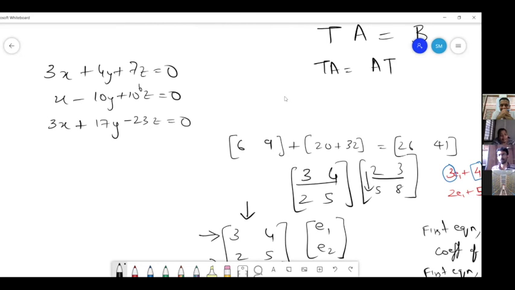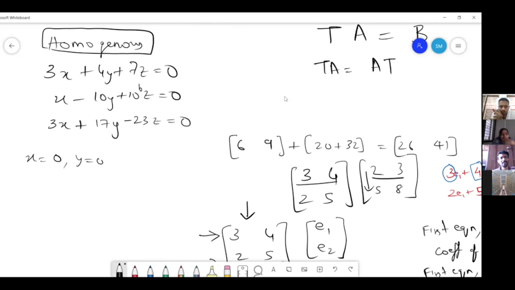Now, if I ask you to quickly give me a solution for this: 0, 0, 0. Yeah, right. 0, 0, 0 is always a solution for a system of homogeneous equations. This is just a name, homogeneous system, but we know surely that all zeros is a solution. Trivially, it is a solution. This is called a trivial solution, right? But is there any other, non-zero solution?